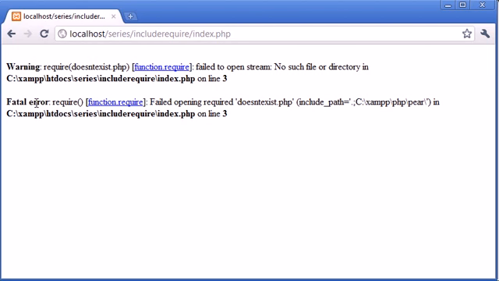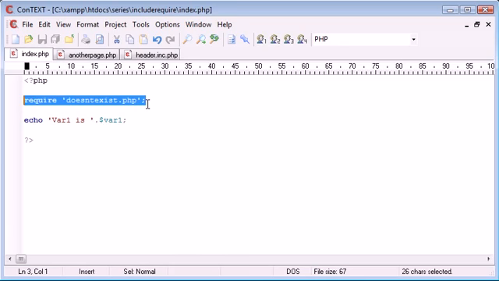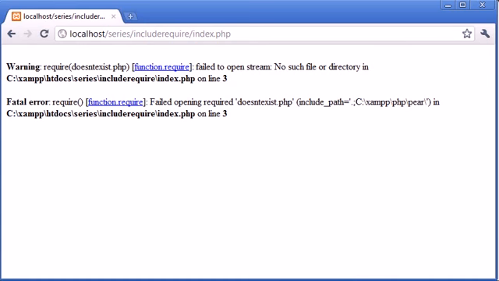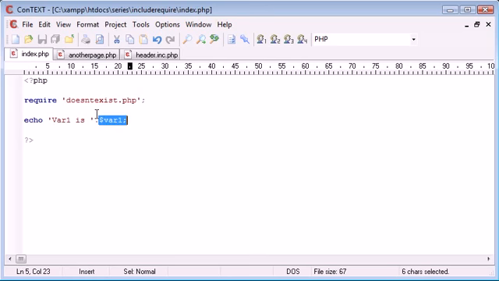The fundamental difference between require and include is that require just handles the errors differently. So if we can't find the file and we've required it, it kills the rest of the page. We just kill the page off. So nothing else after this line here is executed. It kills it off. Therefore, the reason this is important is because if we needed variables, and we need this variable in this case to display this whole sentence properly, we require